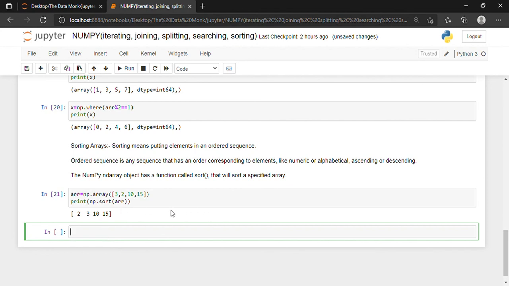Alright, now suppose that my array is a string. Okay, my array is a string.